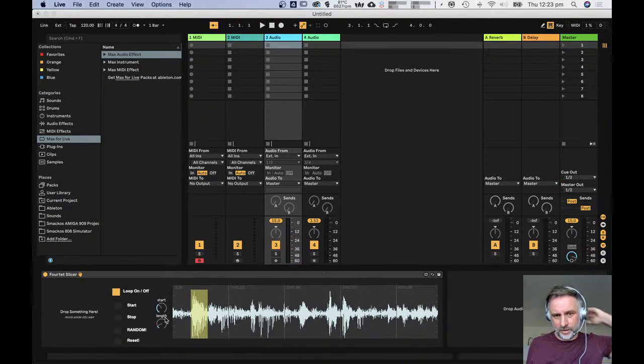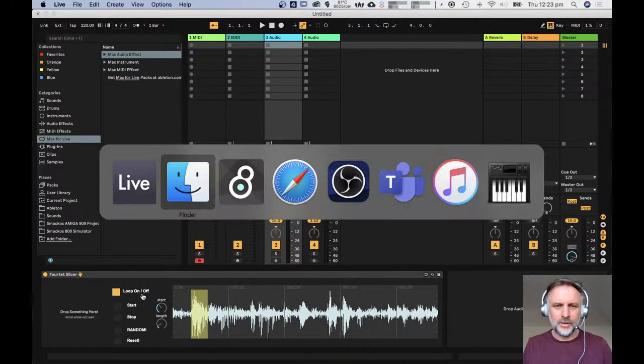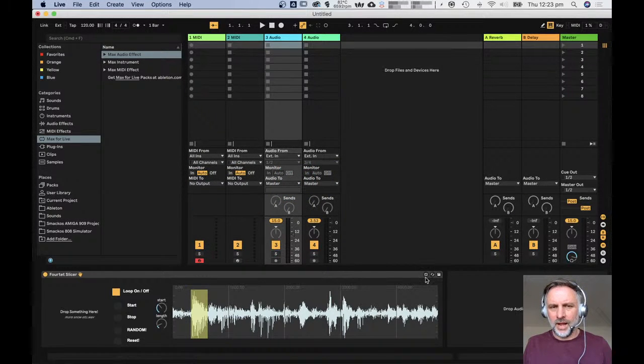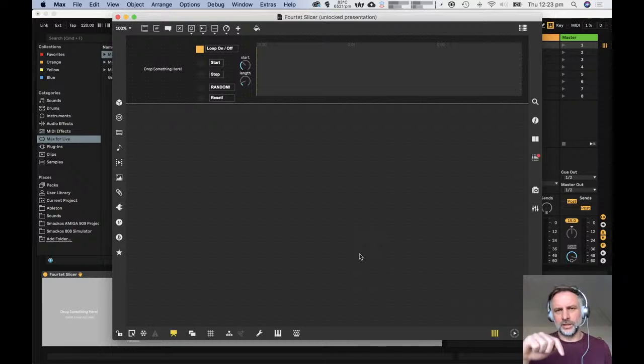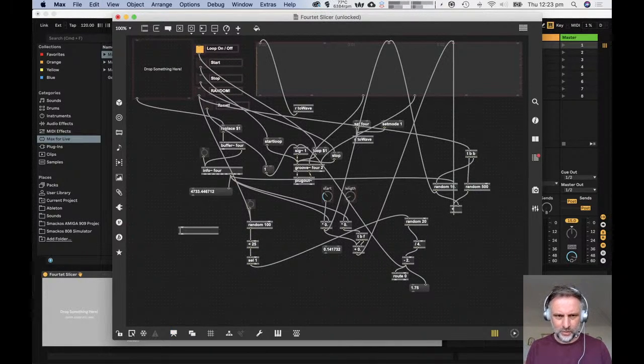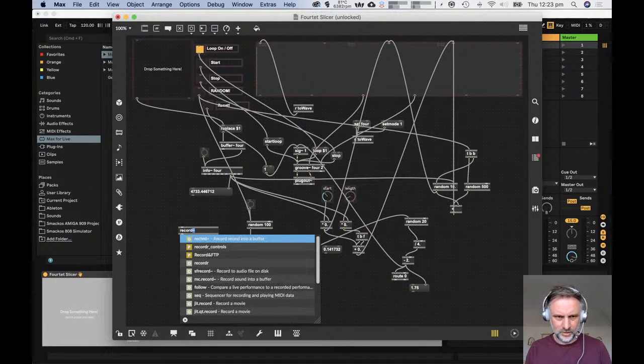All right, one final thing for the presumably 3 people that are still watching this. How could we make this work on a live input? So rather than loading in a sample, a method for doing this that works on live audio. Well, it's actually quite easy to do this. We simply use the object record,